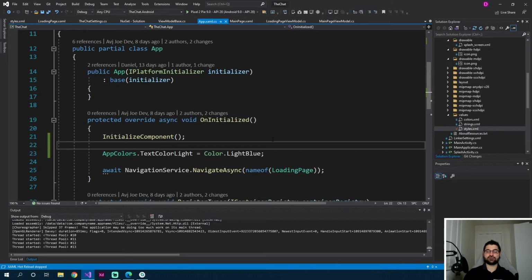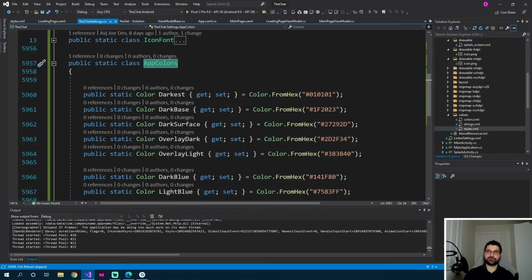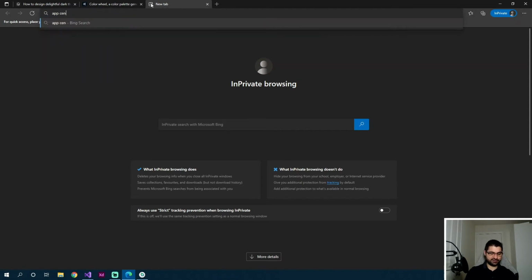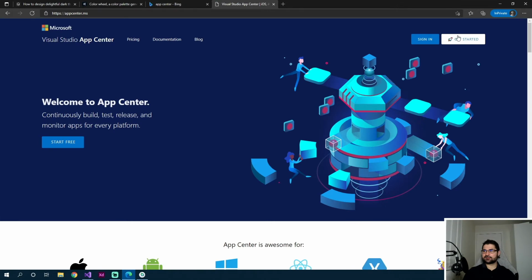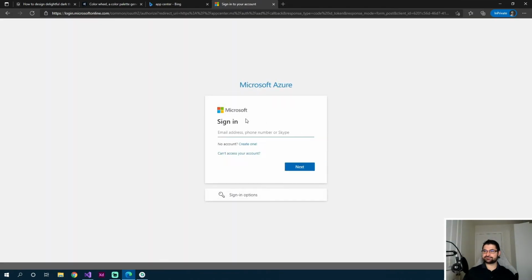We can now start building our apps using the colors we have defined here. But before we do, let's first have a look at logging and crash reporting. So if you remember, in our first day we created an account on App Center. So if I sign in with our Microsoft account,